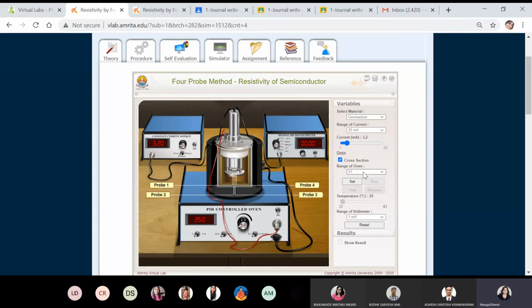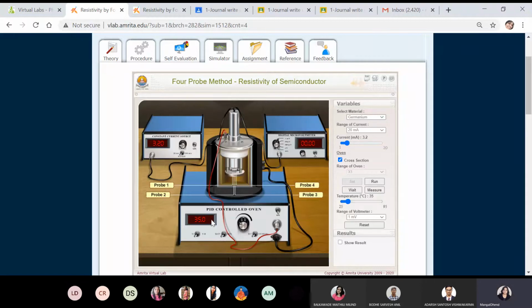Okay, then now I will select X1, and now you click on set. Now when you run, your temperature will go on increasing, but before that you have to set the temperature. So before pressing run, you select any temperature now. Okay, so for the temperature, you can select 45. Actually, I will show you less, so that less time will be taken. So let us select a lower temperature: it's 25 now, and I have selected 35. Okay.